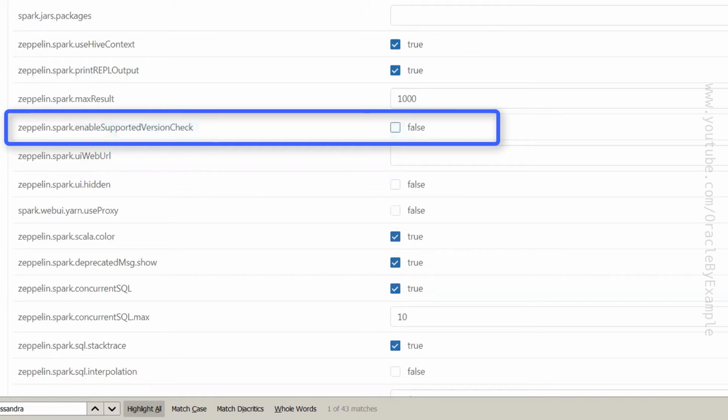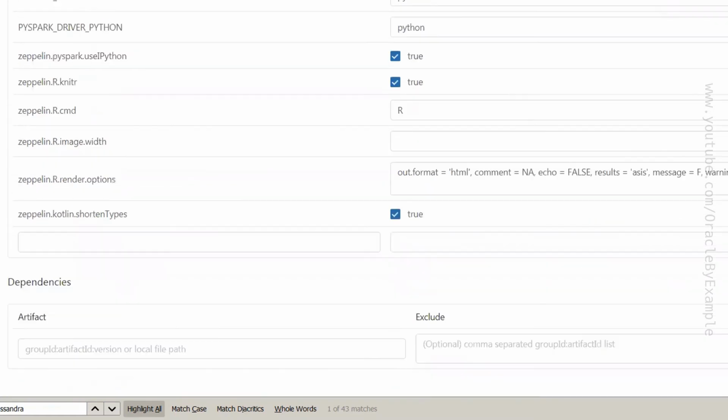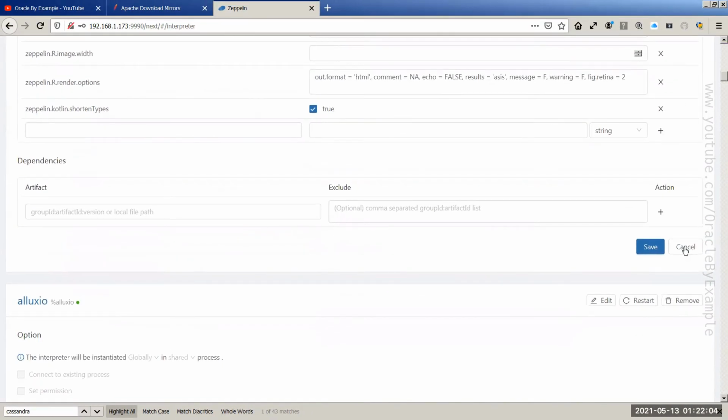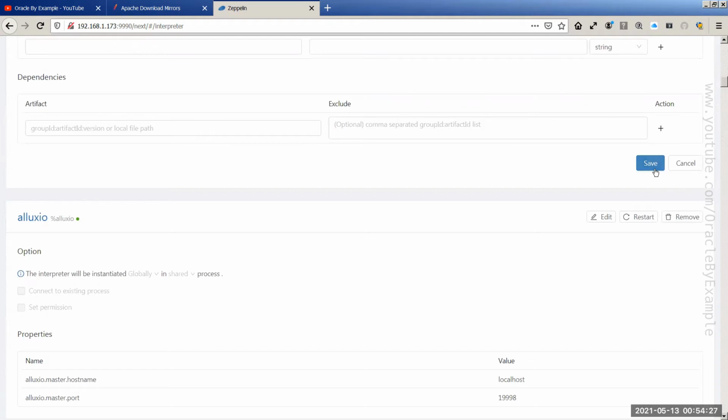I'm running most recent version of Spark and I don't want Zeppelin to verify my Spark version. I will now save the Spark configuration.